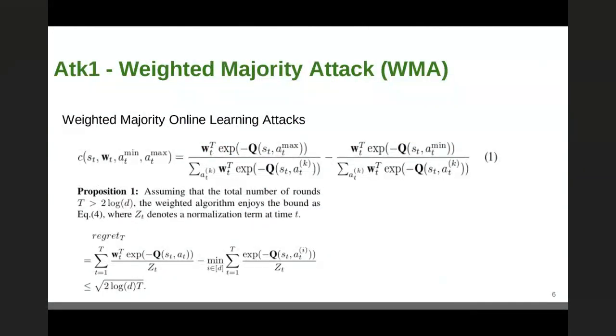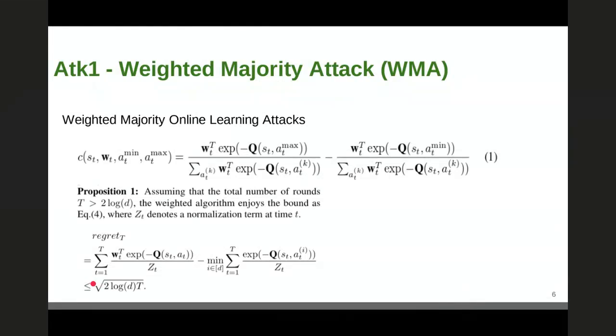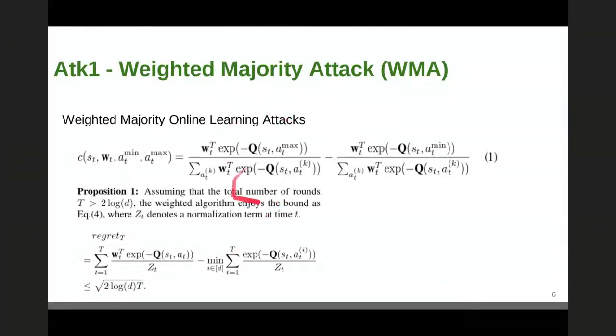So assume the total number of rounds, they have an inequality here. So the weight algorithm will have a bound like here. The regret will be equal to the sum of this one and the minimum weight of this one. So they have a maximum bound. It will be smaller than or equal to square root of 2 times log d times n. So this is the first time we have a proof on the bound of the weighted potential estimate based